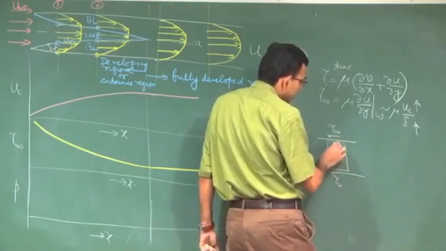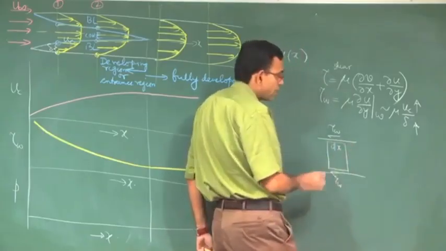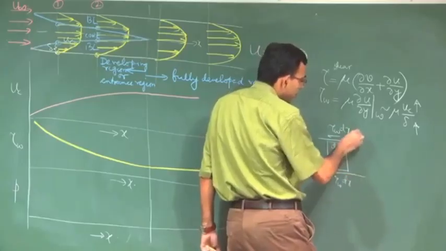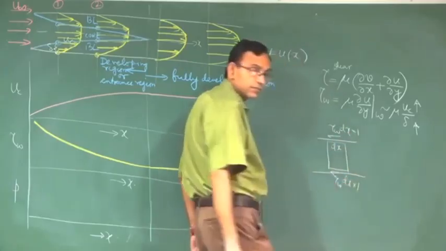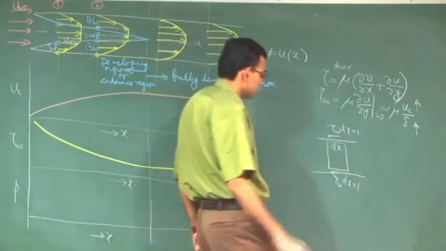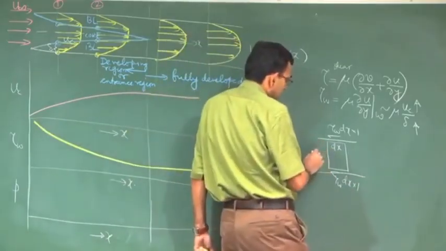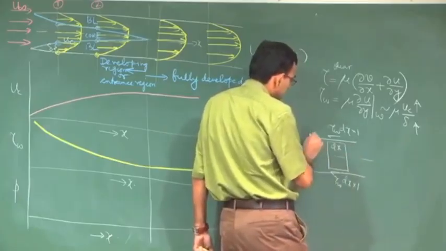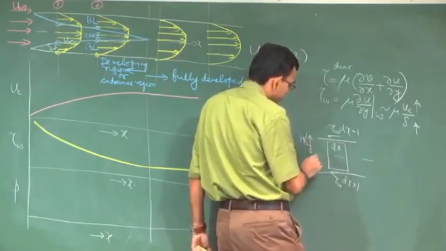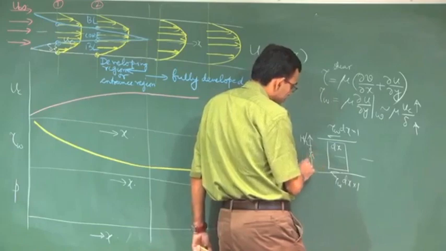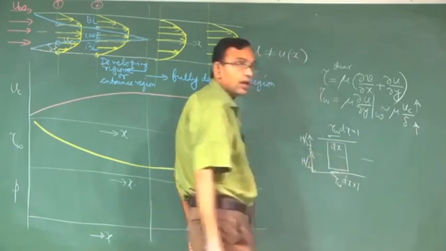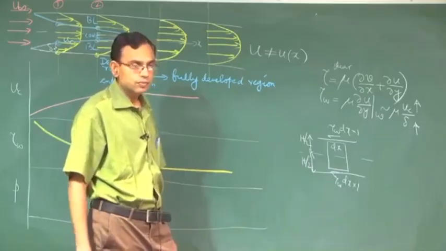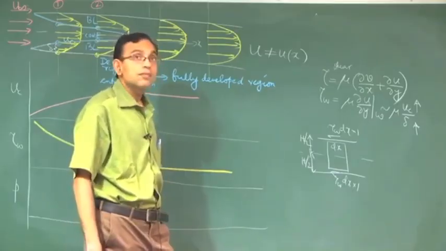Let us say this length is dx. So, the force is tau wall into dx into the width of the element, that is 1. If this is h by 2, and this is also h by 2, then